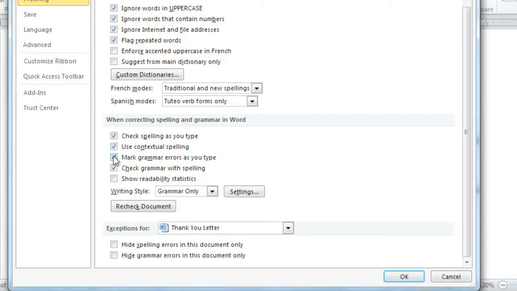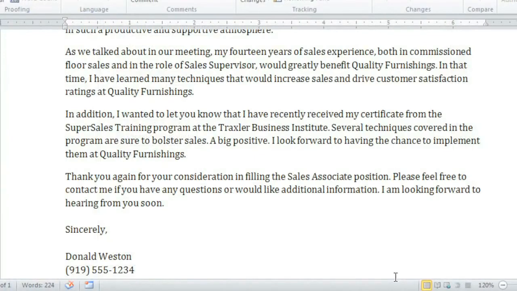So if you choose to ignore any errors and then send a document to someone else, like in an email to a potential employer, they'll still see those little wavy lines. The good news is that you can hide errors in just this document by checking these boxes. Hide spelling errors and hide grammar errors in this document only. Now click OK, and the errors are no longer marked. It's still a good idea